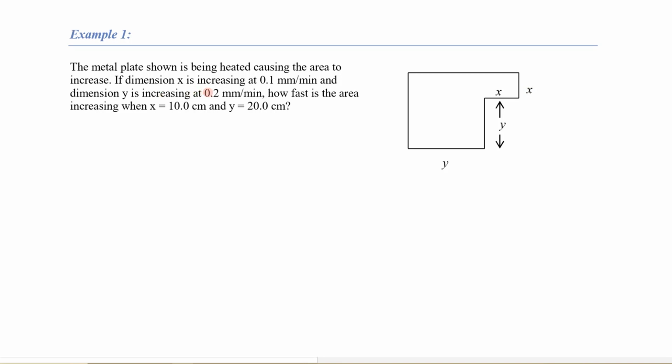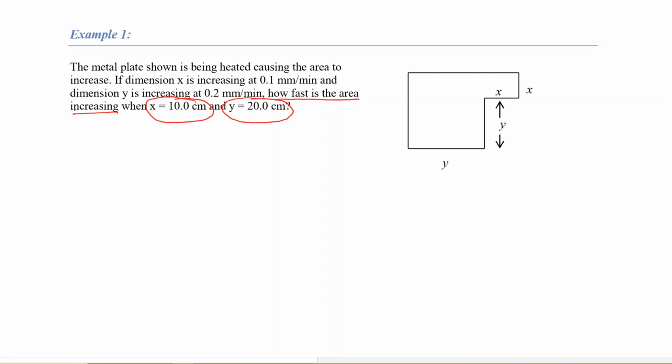Dimension x is increasing at a rate of 0.1 millimeter per minute, and dimension y is increasing at a rate of 0.2 millimeter per minute. So we need to find how fast the area is increasing when x is 10 centimeters and y is 20